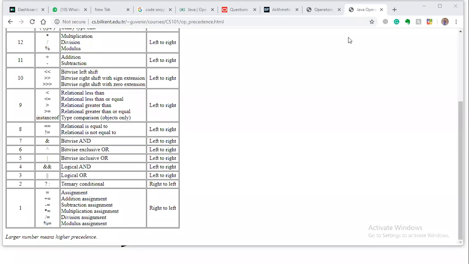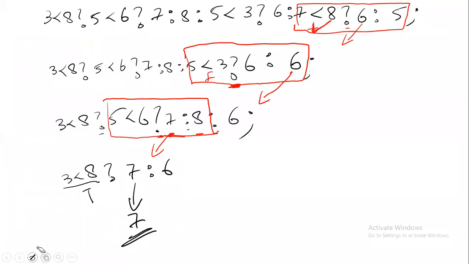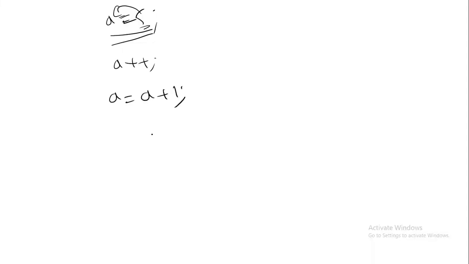So I'll clear this. What is remaining now? Maybe I'll tell you about assignment operators, because what you might have thought is there is only one assignment operator, that is A = 5, giving the 5 value to A. So this equals is an assignment operator. What are the other assignment operators? I'll tell you. If you have an equation like this, what's the full form of A plus plus? A plus plus means A is equal to A plus 1. Agree? This is how it is, right? A is equal to A plus 1.